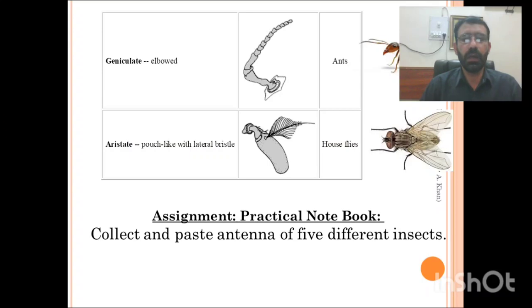While cleaning their forelegs, houseflies use this brush of their antenna to clean their front legs. So these modifications are based on the functions of the antenna. Like if houseflies use